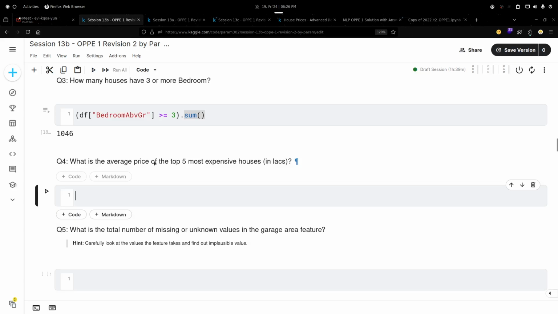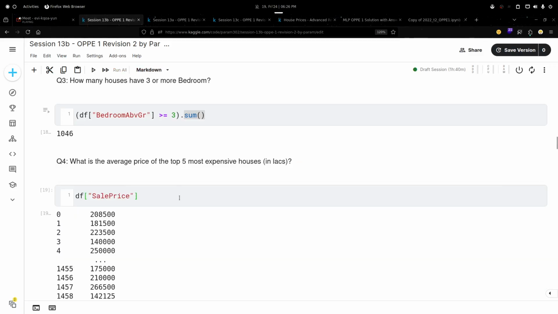Okay. So what is the average price of the top 5 most expensive houses? From the sale price I can get the house prices. And how can I get the top 5 most expensive houses? Anybody knows?